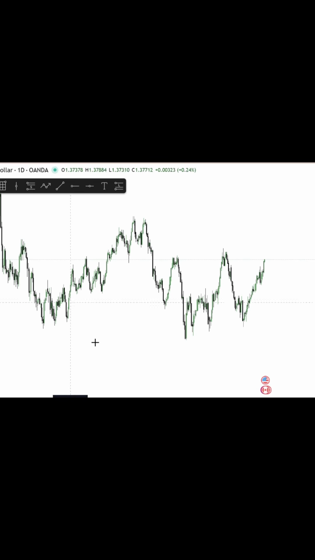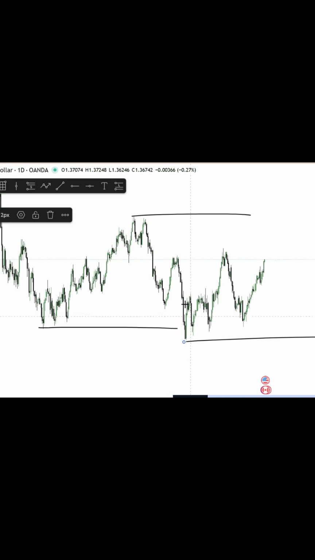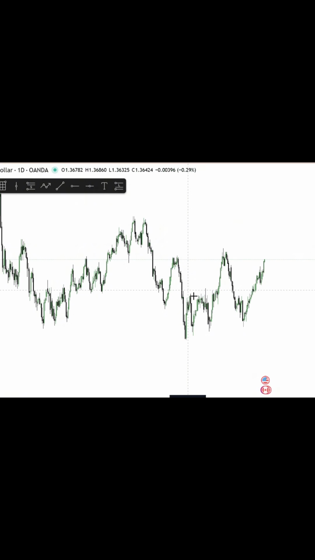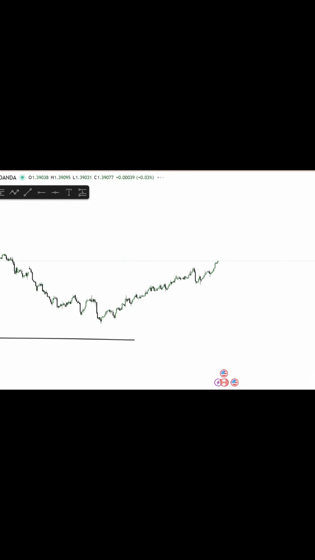Moving on to USD CAD, we can see on the daily time frame we've had our break of structure towards the downside. So this is our current swing range. We've liquidated this high over here before we've seen a strong sell-off in towards the downside. However, if we go down into the 4-hour time frame, what we can see